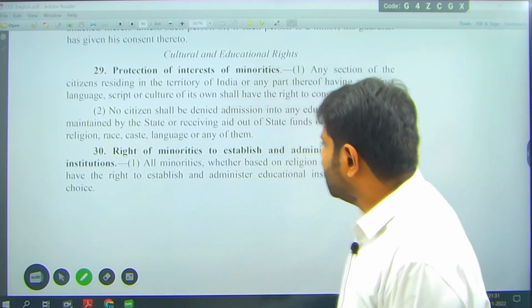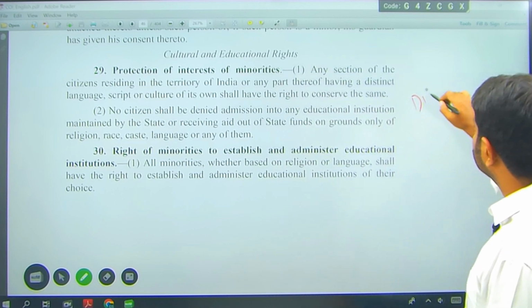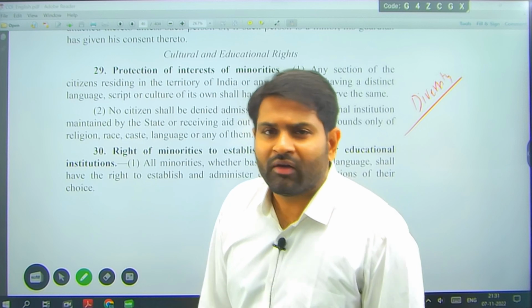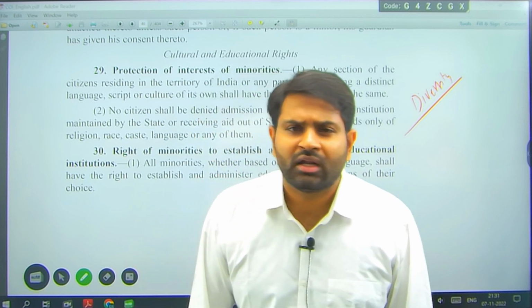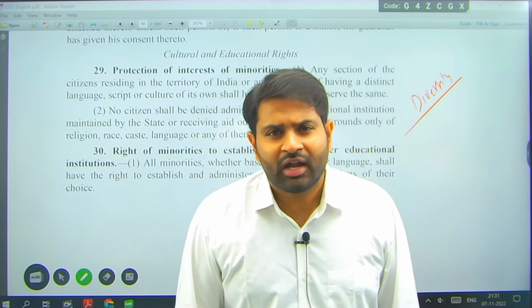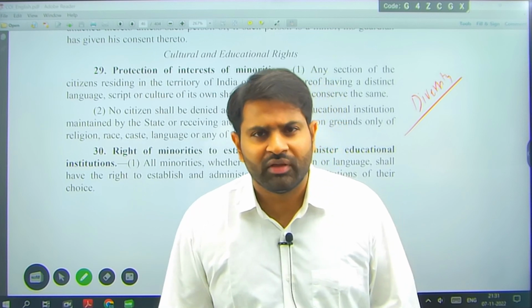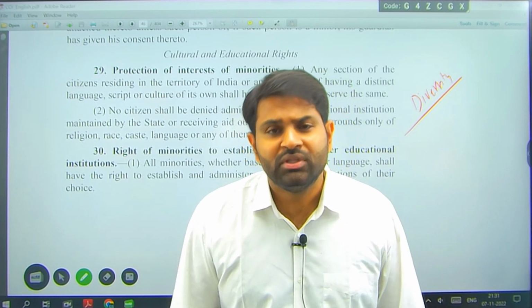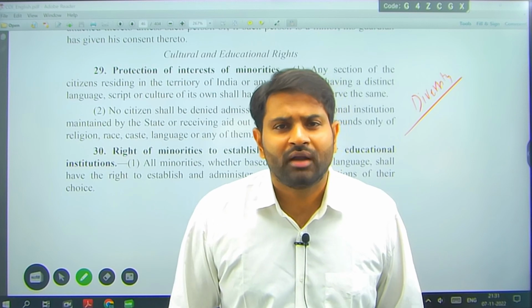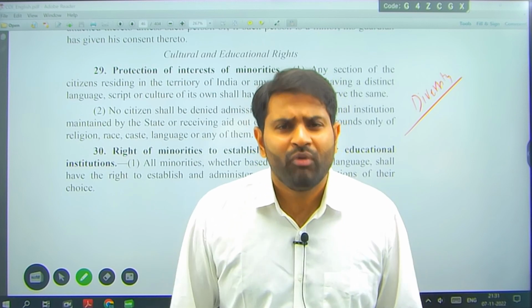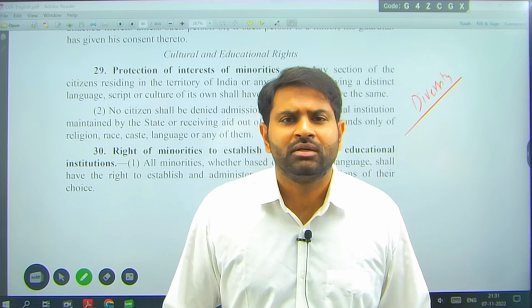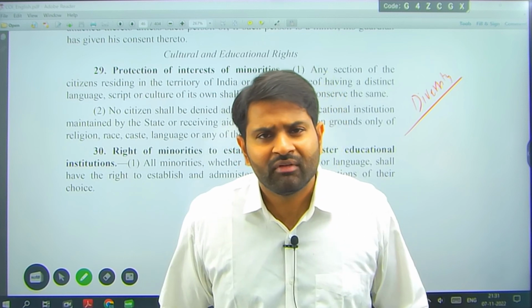Remember, India is a country of diversity. When you talk about India, what will you remember? Diversity. We have North India, South India, East India, West India, Northeast India, Northwest India. Right? We have Central India, geography. We have Hindus, Muslims, Christians. We have Jews, we have Buddhists, we have Sikhs, we have Parsis. Right? We have all the religious people. We have different castes, we have different genders, LGBTQ+. Right? This is the diversity we have.